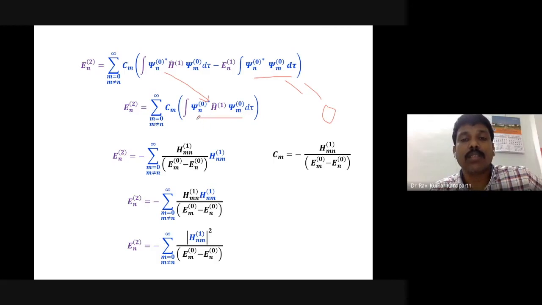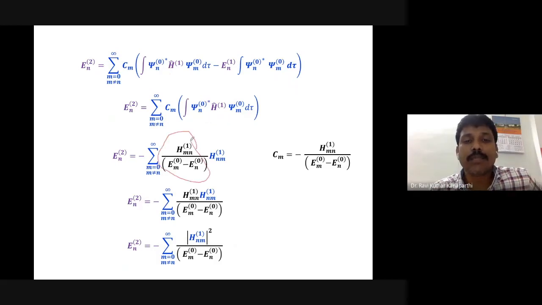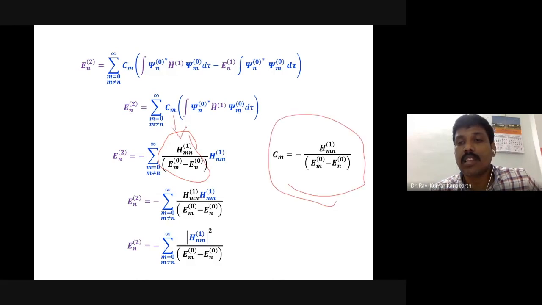So in the shorthand notation and the matrix element notation, we can write this as H_mn. What is C_m? Because C_m is nothing but H. Actually, there we have written H_ln, but l is nothing but m. Therefore, we can simply modify that and write it. So the coefficient C_m is substituted here, and this particular object we can replace with another shorthand notation.